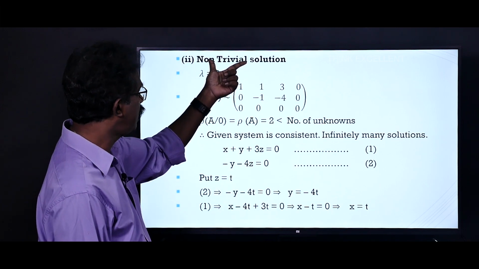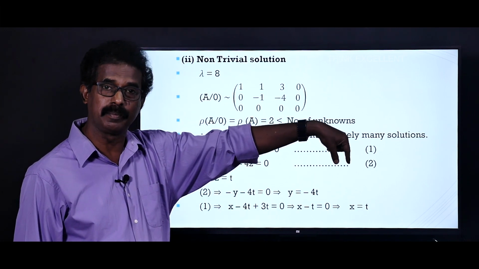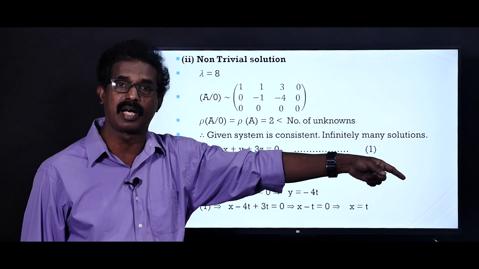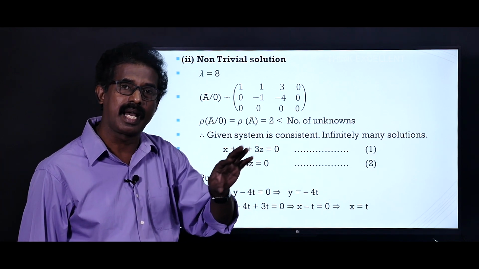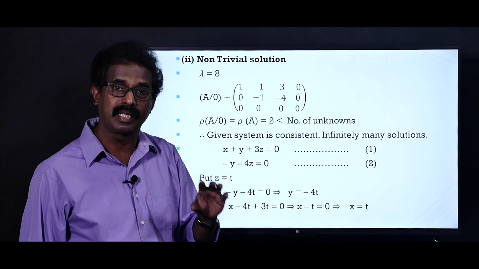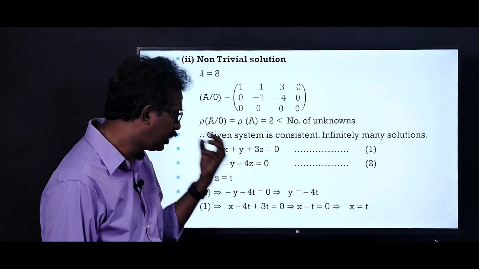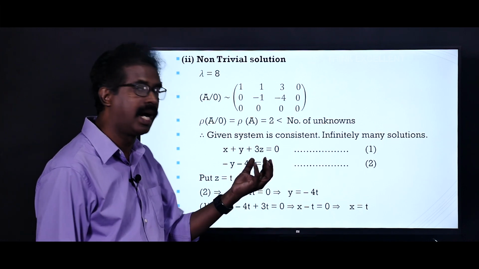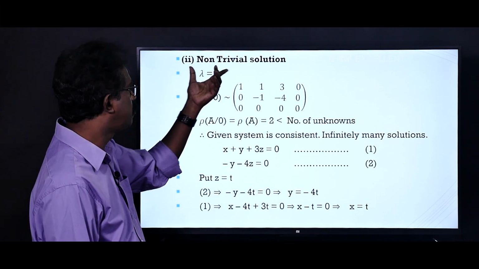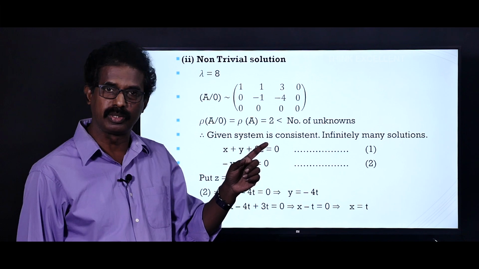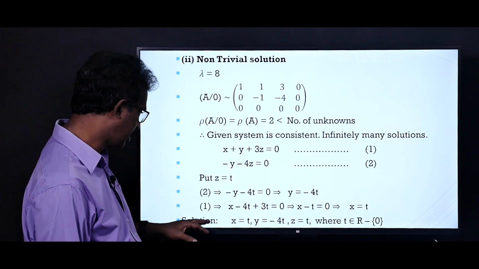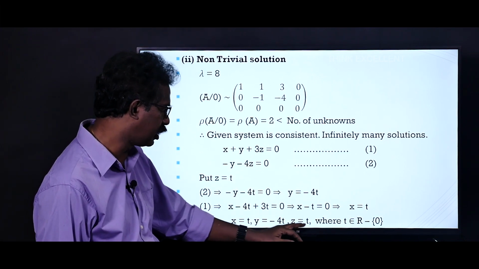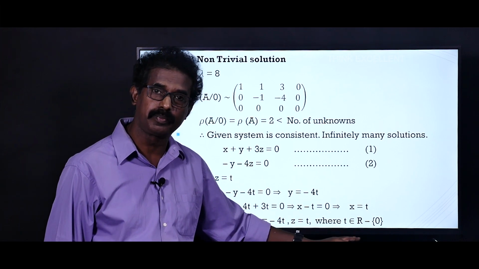But if they ask for infinitely many solutions, that can be. So you can say T belongs to R. But here, T can take any real number other than 0. Because if T takes 0, the solution becomes 0, 0, 0, and that is a trivial solution. They specified non-trivial solution. Okay, so the final answer is X equal to T, Y equal to minus 4T, Z equal to T, where T belongs to